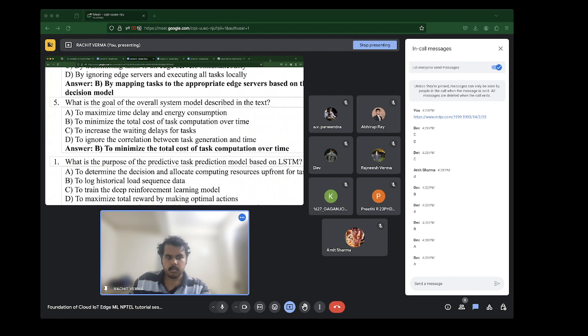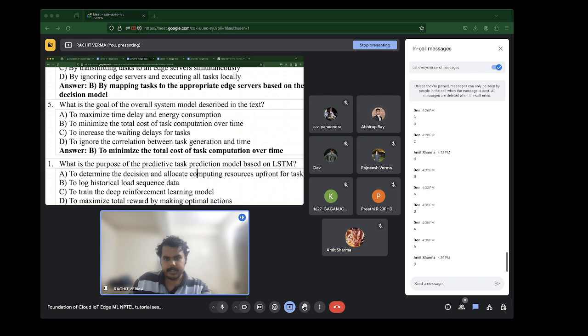So D would be the right answer. Actually, A and D, if you ask me. The LSTM makes a prediction, and then that prediction is used by the deep reinforcement learning agent. So you could say A and D are options.